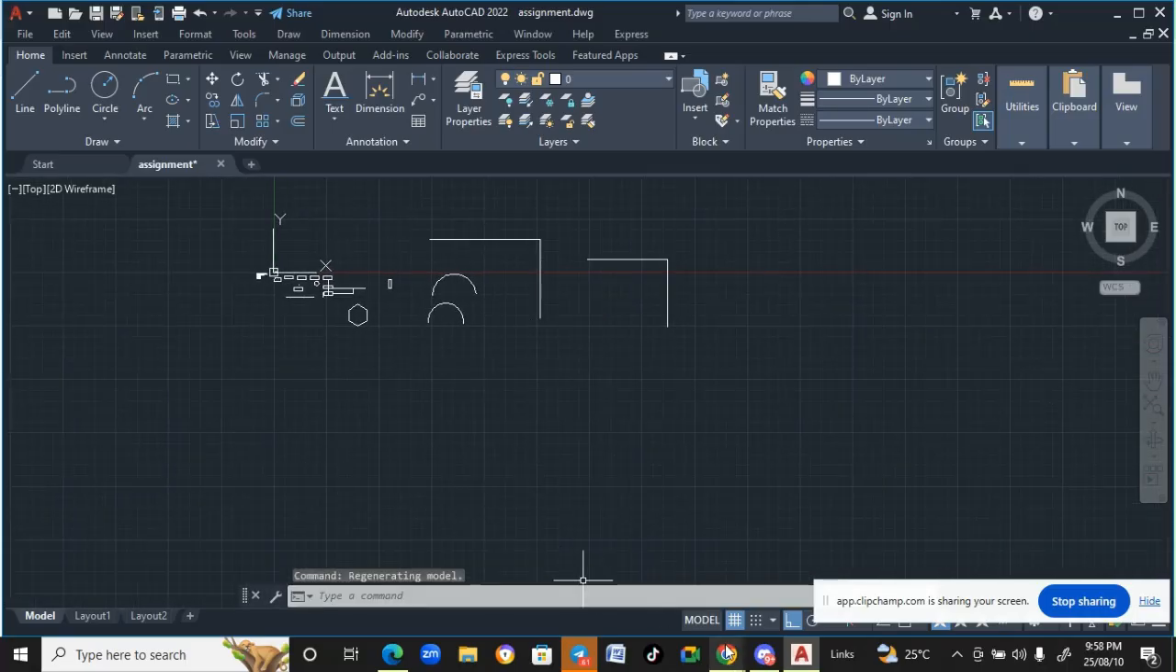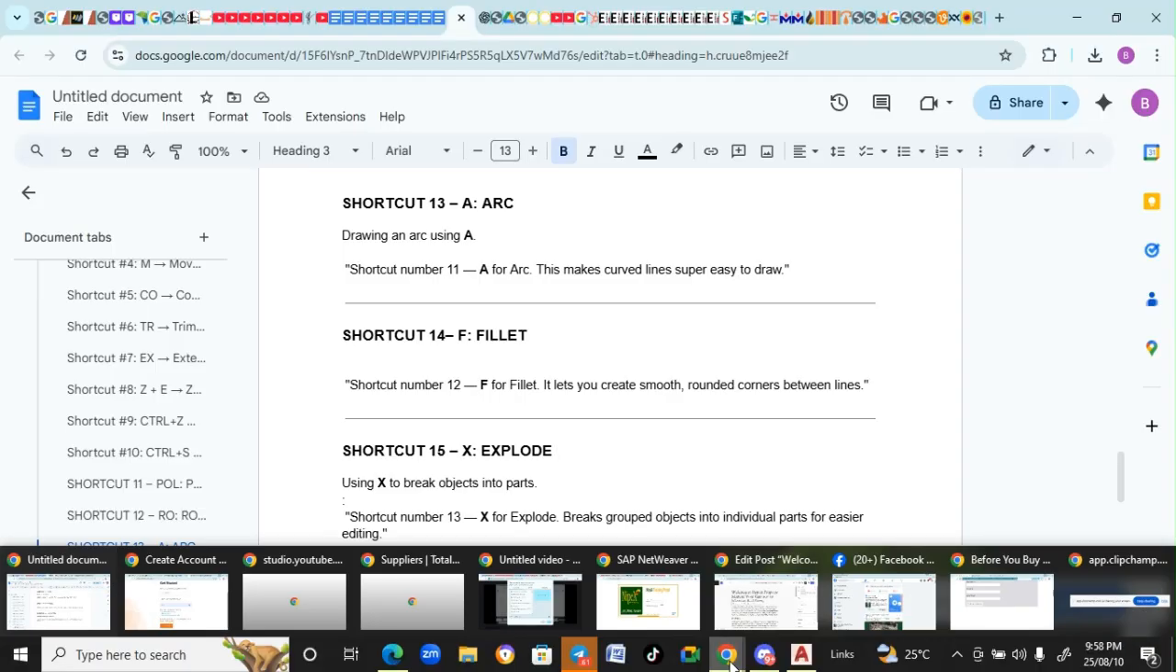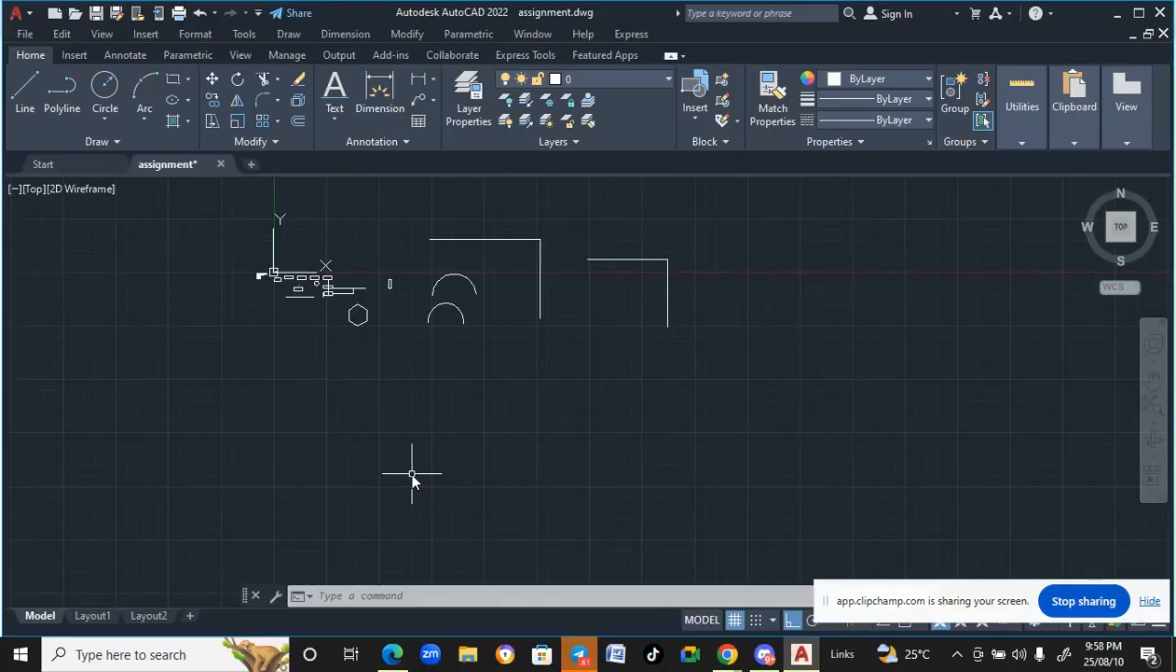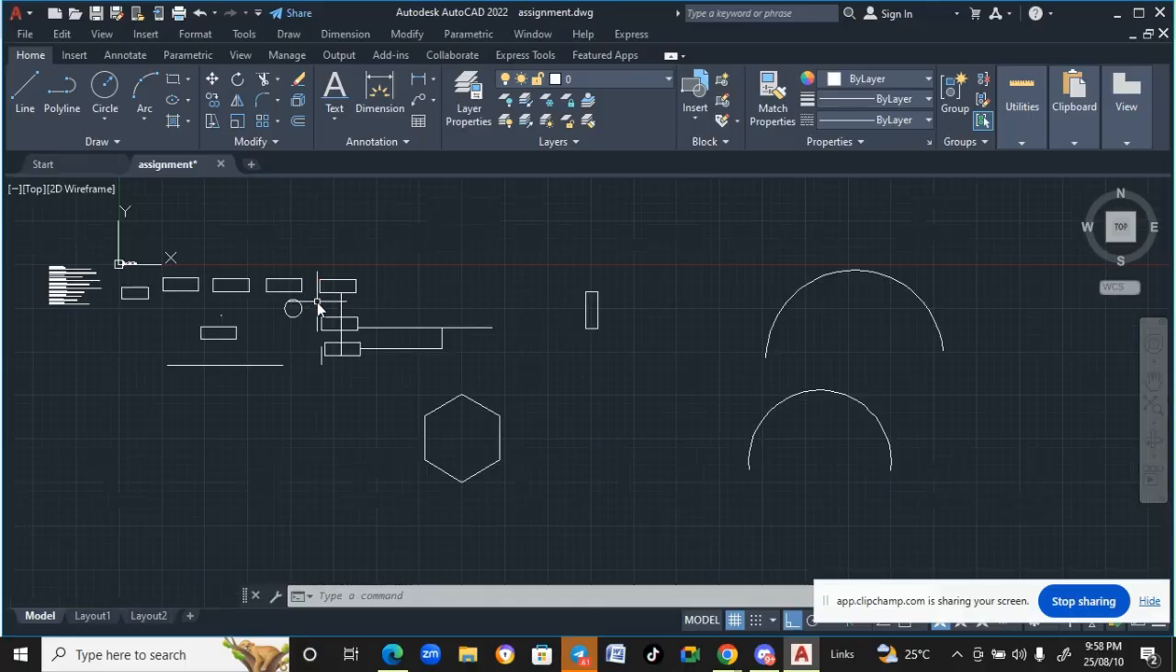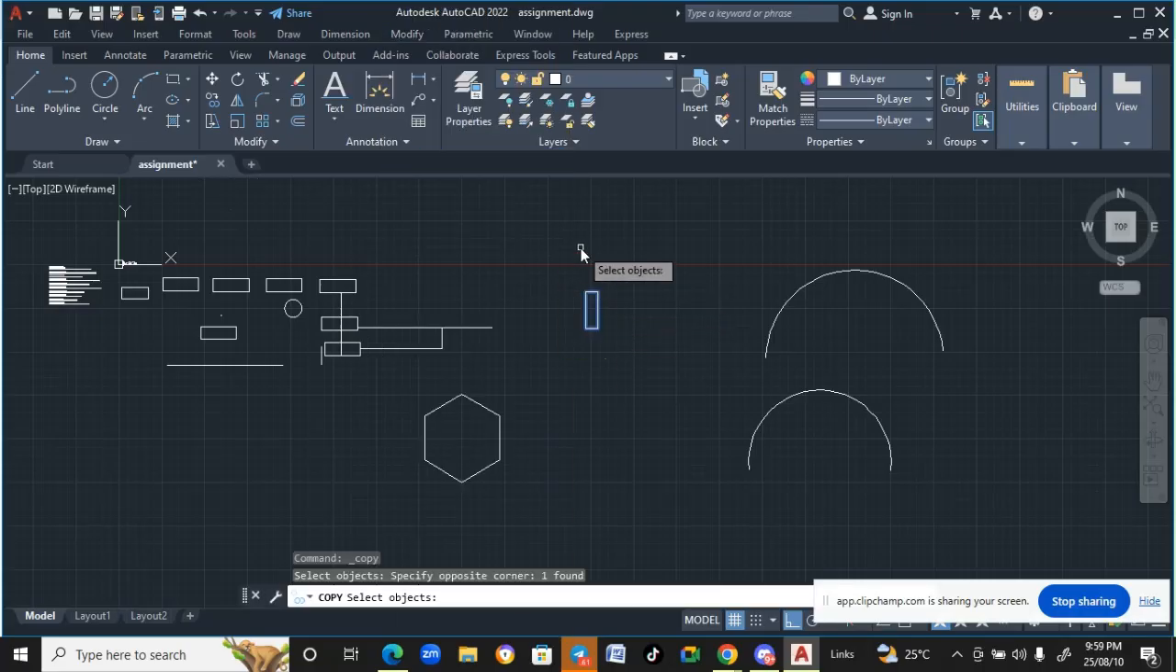Okay. So the next is explode. Explode is when you want to dismantle an object that is already a block. Let me first of all create a block so that I will now be able to tell you how to explode using shortcuts. So assuming I bring this thing here,